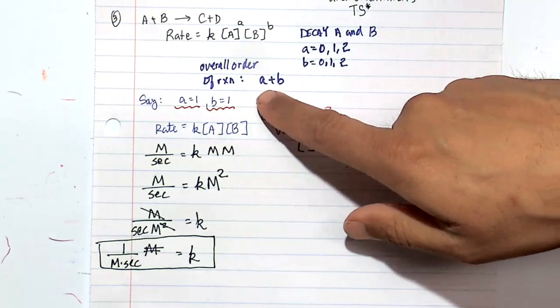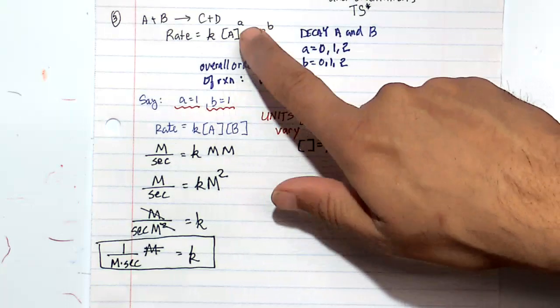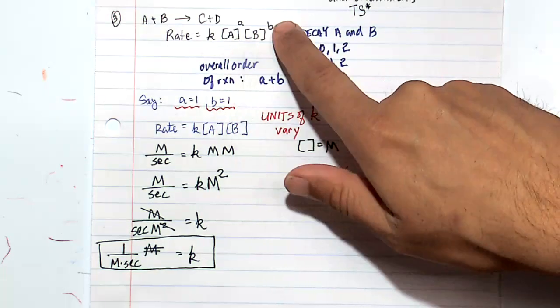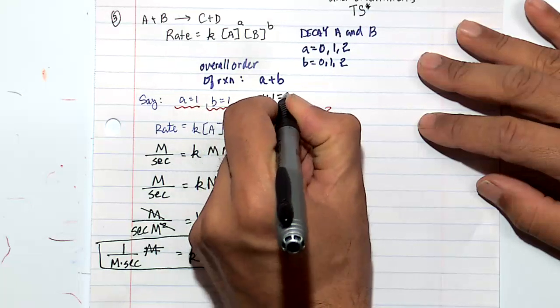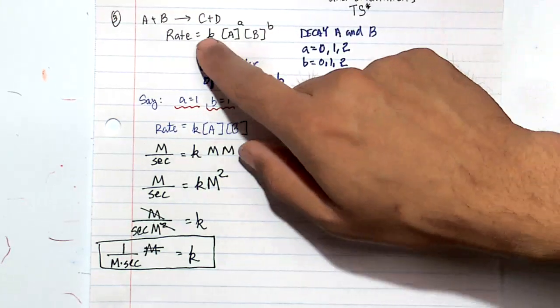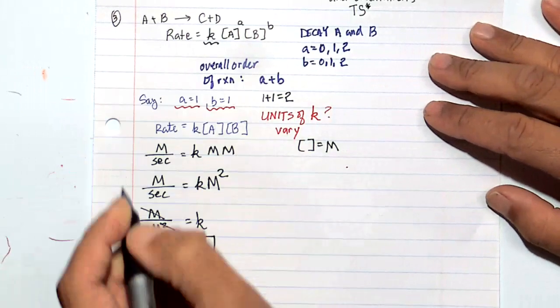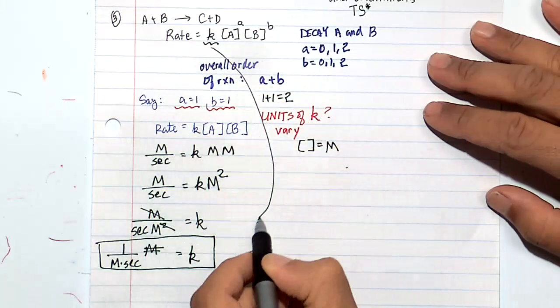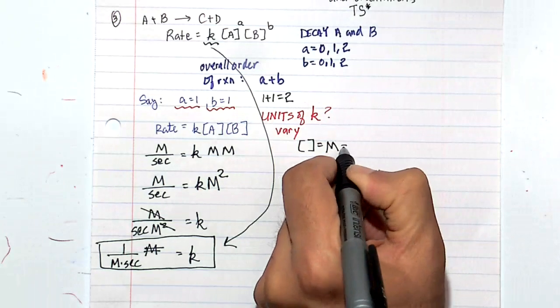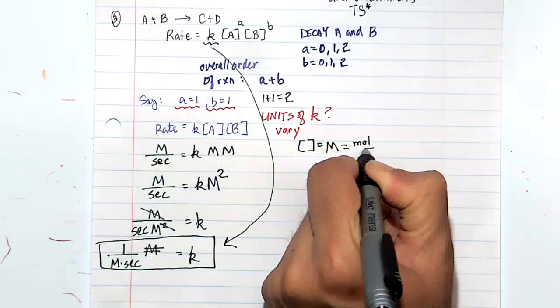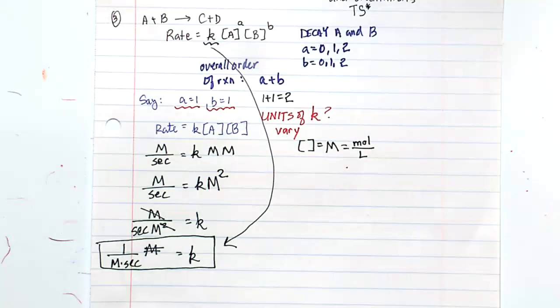What would be the overall order of this reaction if you say A is 1 and B is 1? What's the overall order? It'll be 1 plus 1, which is 2. The units of this K is something you'll have to solve, which is here. Okay. So basically there's a question on units in this exam. And by the way, big M is really just moles over liter. It's a concentration term. All right, moving on, and for the sake of time,